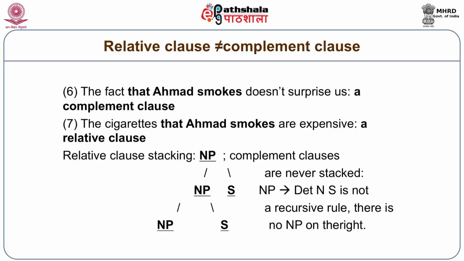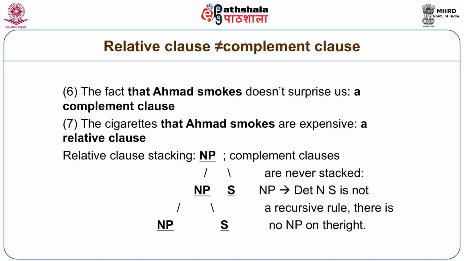The contrast is between 6, where there is a complement clause, and example 7, the cigarettes that Ahmed smokes are expensive, where that Ahmed smokes is a relative clause. This is a minimal pair. Notice that the complement clause is the string of 3 words that Ahmed smokes. The relative clause is exactly the same string of 3 words that Ahmed smokes, but the two are syntactically quite different. In the fact that Ahmed smokes